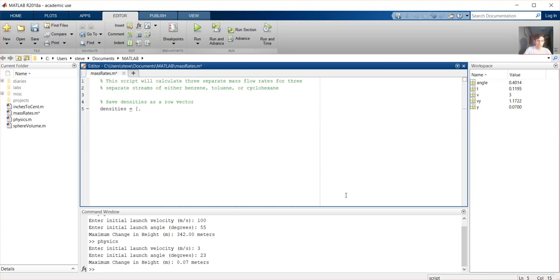So we have 0.876, I think 876 was first. Yep, 876, 0.867, 0.779. So those are going to be the 3 separate densities, and you're going to see how all this kind of comes together in a second. So we have all those saved. Then we're going to